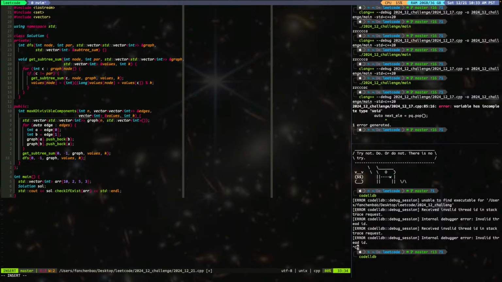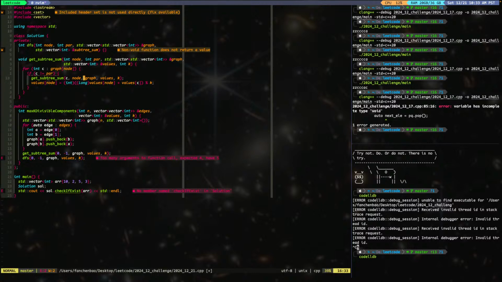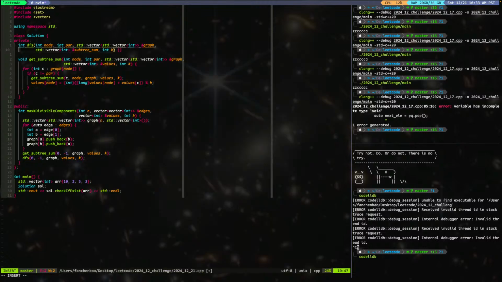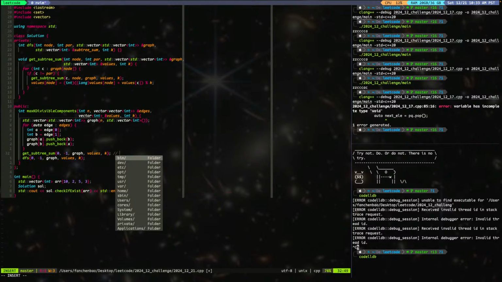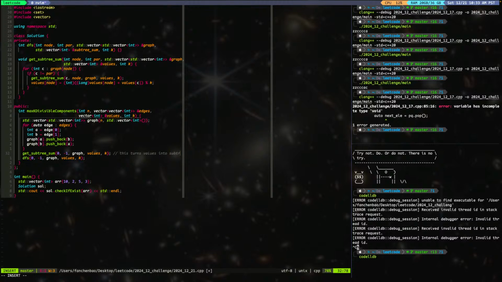Where is k? I didn't see k. Okay, we need to put k here. So we need to say k, right? So exactly the same, but after I should actually do the subtree sum on the node. So this turns values into subtree sums, okay? And then